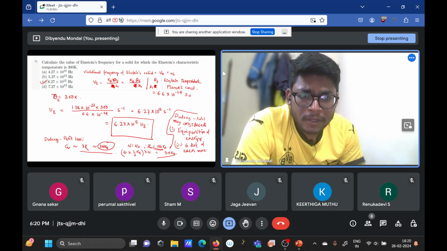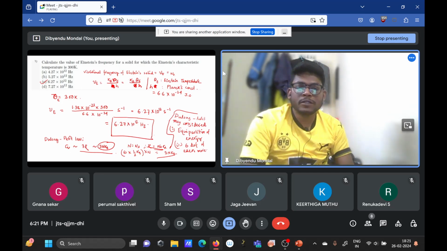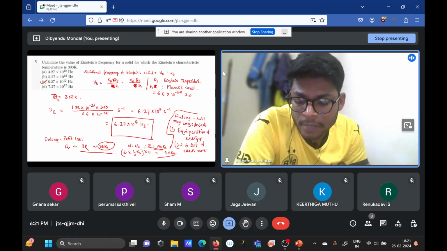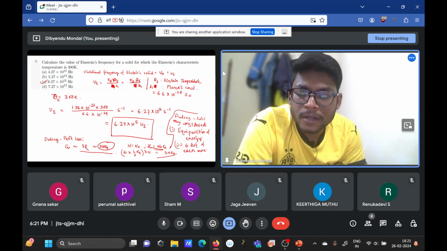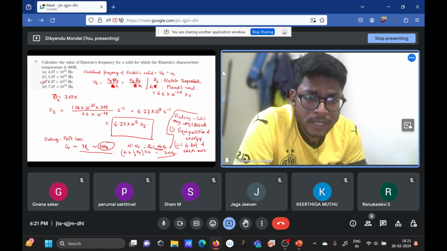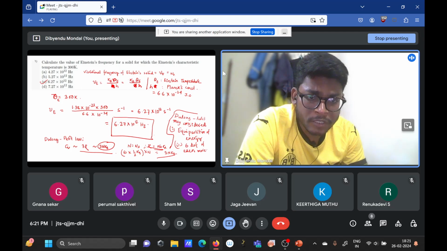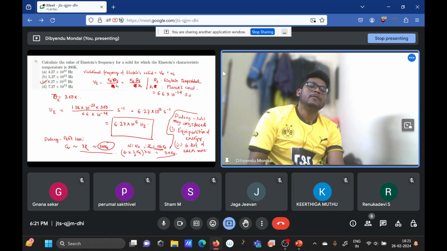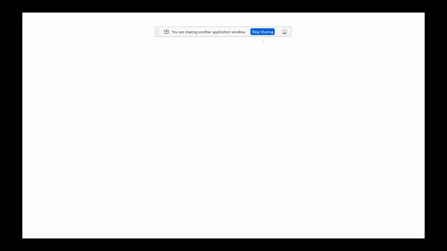Then after the effort of a big chunk of scientists, at last Einstein came to the rescue. In 1911, he gave a certain theory which at that time predicted this specific heat rightly. So we will derive this thing. Okay, so he made 3 assumptions. He first considered